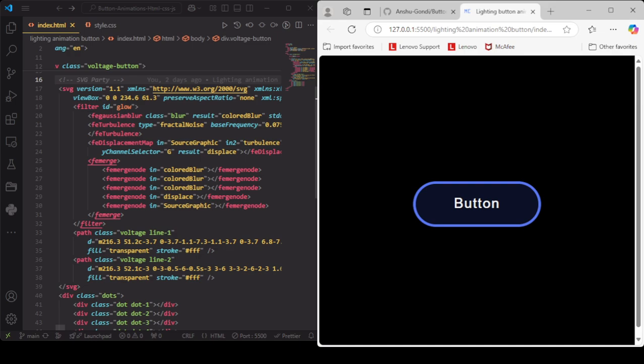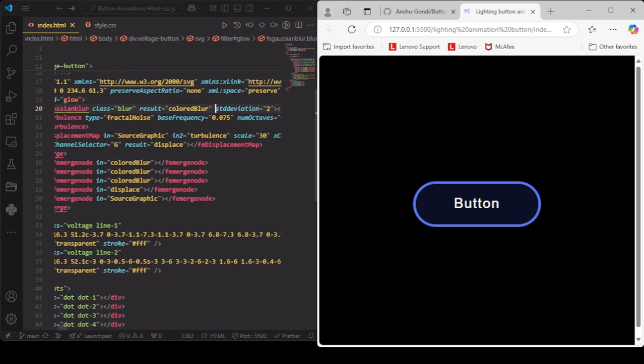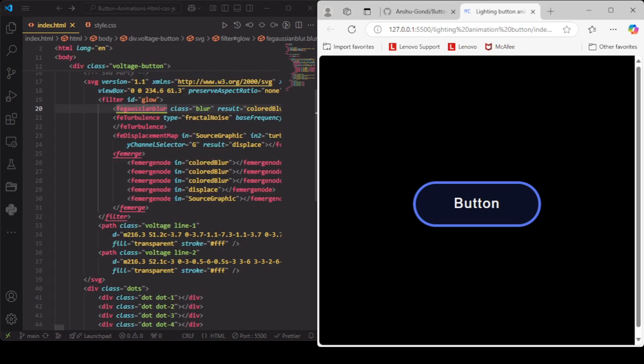Right, you can see it has some amount of space in between and shows the lightning animation. So we have added the filter ID, and then the feGaussianBlur for giving it a little blur effect, then a standard deviation, and then the feTurbulence type